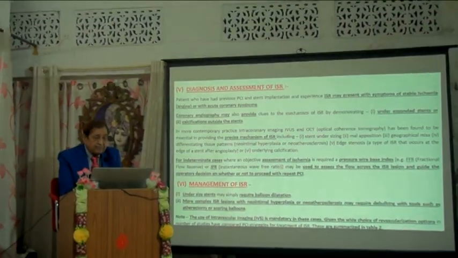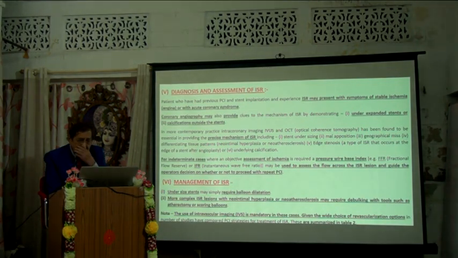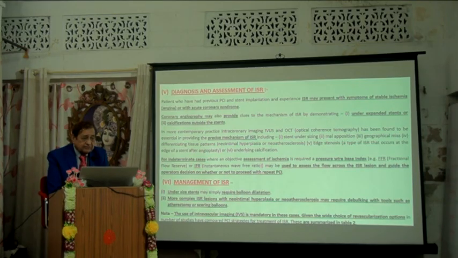Coronary angiography may also provide clues to the mechanism of ISR by demonstrating an underexpanded stent or calcification outside the stents. In more contemporary practice, intracoronary imaging by intravascular ultrasound and optical coherence tomography has been found to be essential in providing the precise mechanism of ISR, including stent under expansion, number 1, second malapposition, third geographic miss,